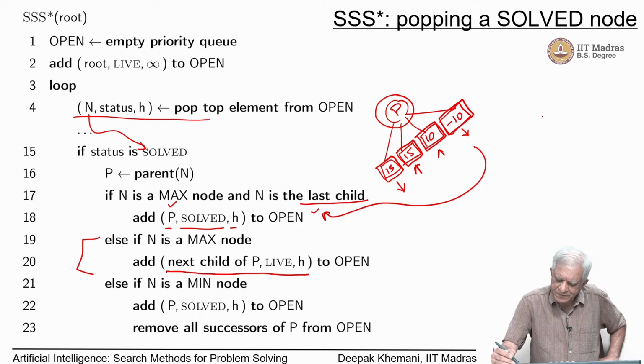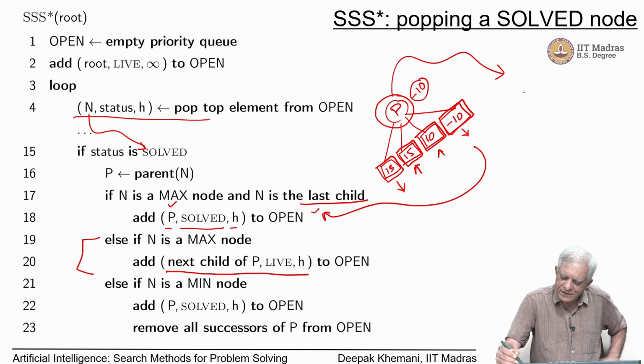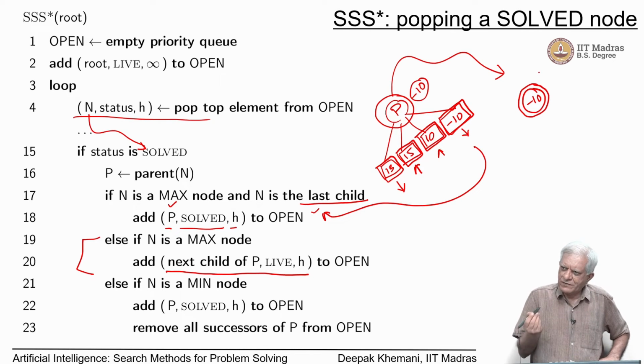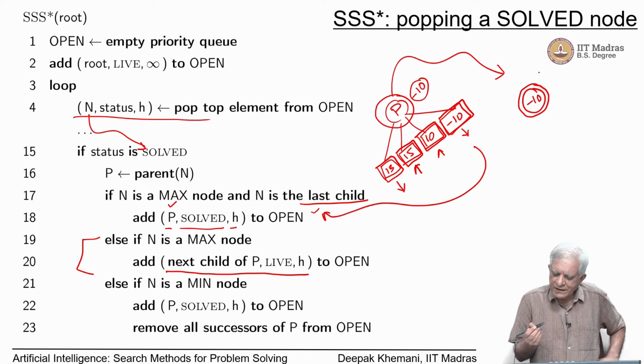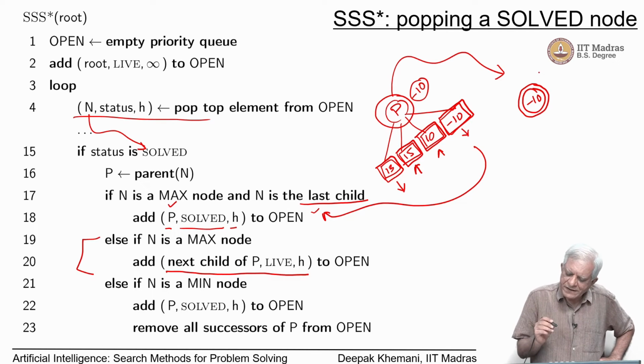So, just imagine that let us say this has got its value minus 10 or something like that, okay, and let us say this is the one that is popped next. So, we have a min node whose value is minus 10, and it is a solved node, and we have popped it from the queue essentially. Now, the key thing to remember is that when we have popped it from the queue, from the priority queue, it means it is a node with the highest value, because the priority queue has always the best node at its head essentially. So, if we have popped this node from the priority queue and it is a solved node,